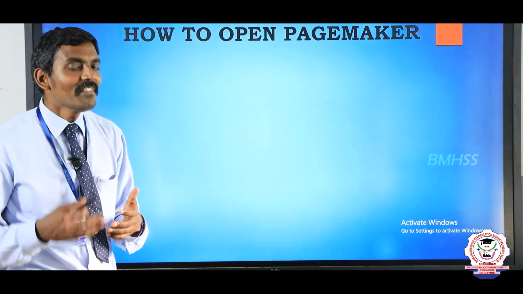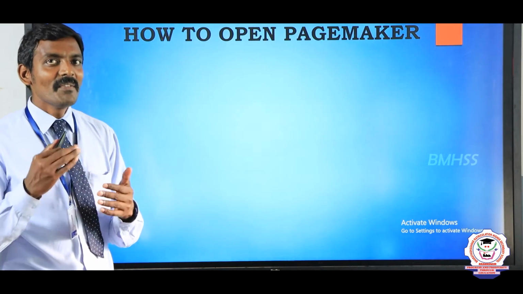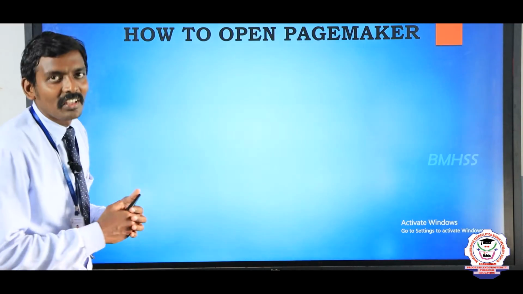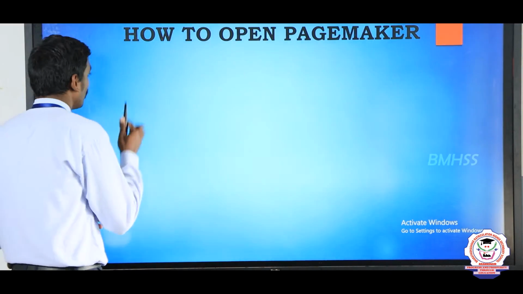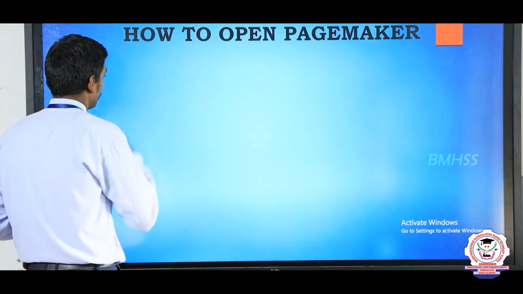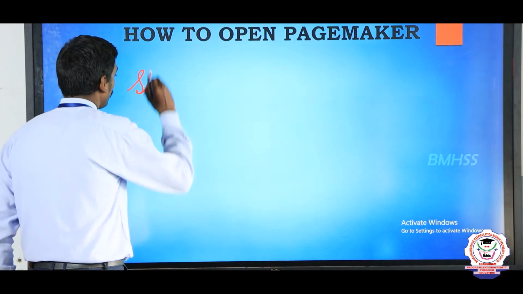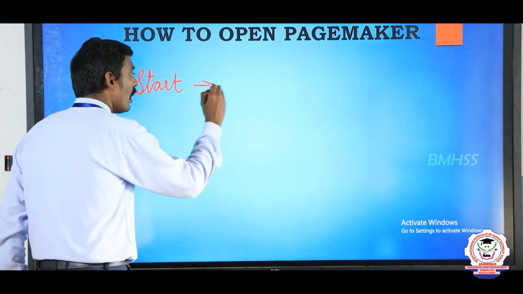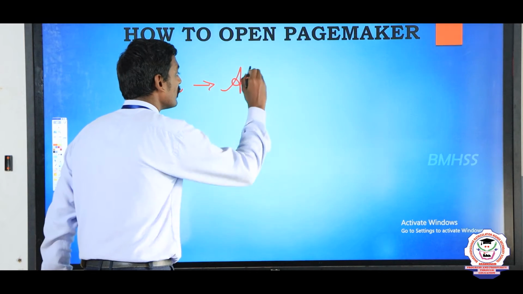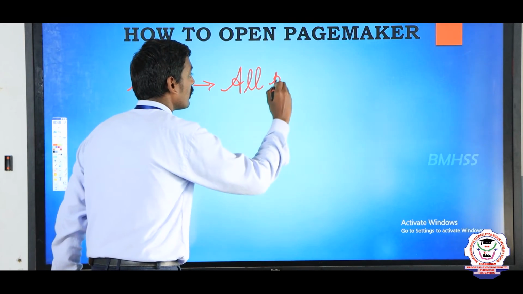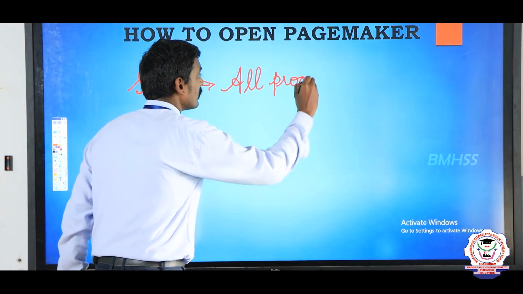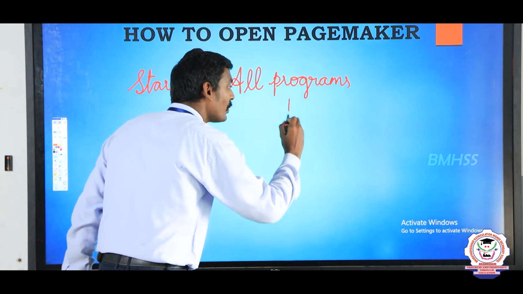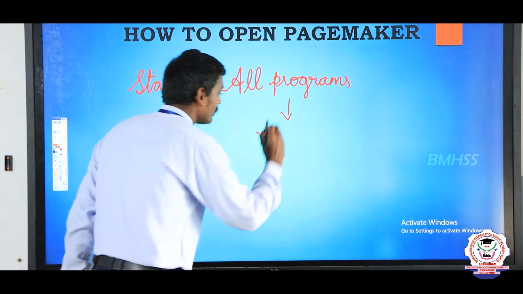In the Windows 7 operating system, we can follow these steps. They are very simple steps. Start, all programs, and then you can click Adobe.